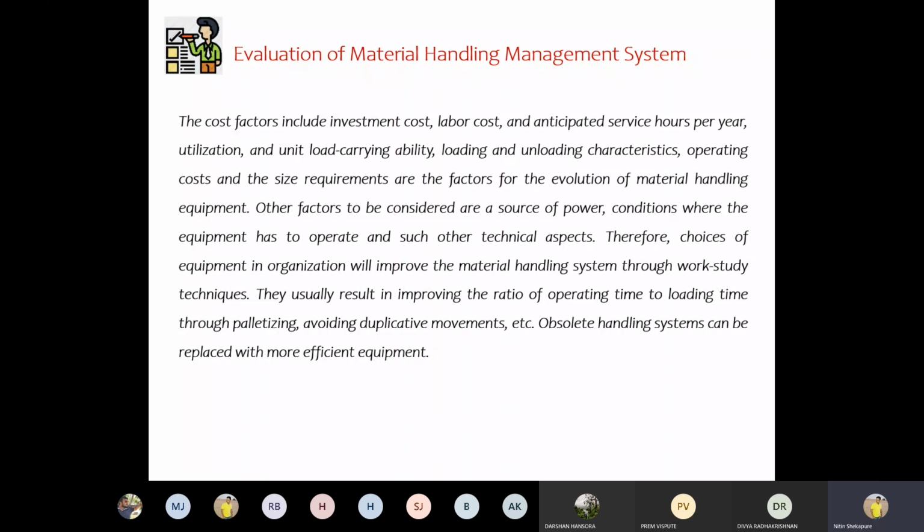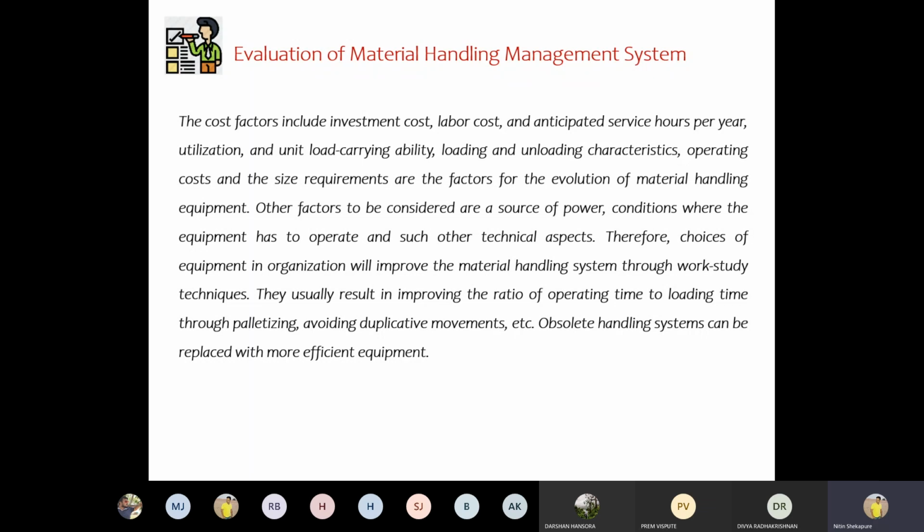So basically, what we are trying to do over here, the cost which is associated with the labor and the equipment we are going to use for material handling, that we are going to consider. Now, once we have invested in the material handling equipment, that investment will pay us back when we make maximum utilization of that equipment. We have that equipment, but how much we are using it, up to what capacity we are using it, that is the main point.